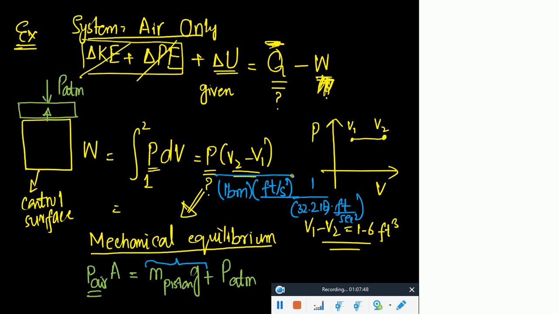Now just see, it is not simply pound mass into feet into second square. It is not simply like that. What you have to do is divide it by 32.2 pound into feet divided by second square, right? So please go back and check this unit conversion. This is your reading assignment, where you can convert that mg